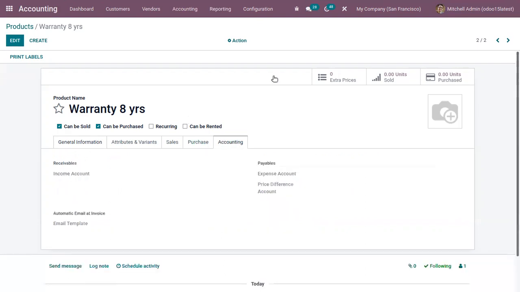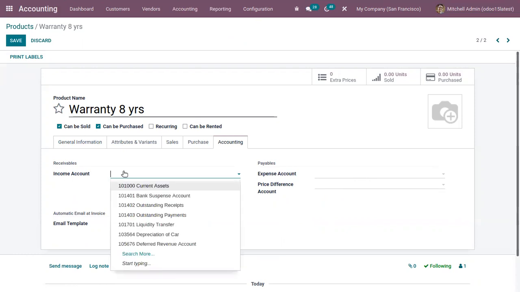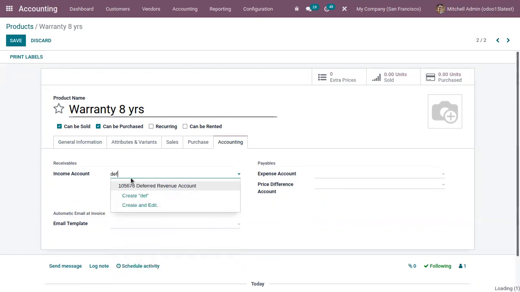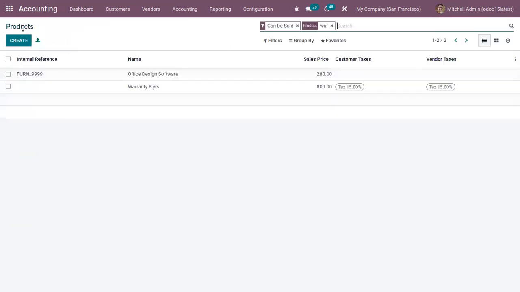Now here under accounting, you have the option to add income and expense account for your product. Here I'm going to set the deferred revenue account as a default account. So the prepayment will be posted on this deferred revenue account. This way you can set the deferred revenue account for all the products of which the income must be deferred.